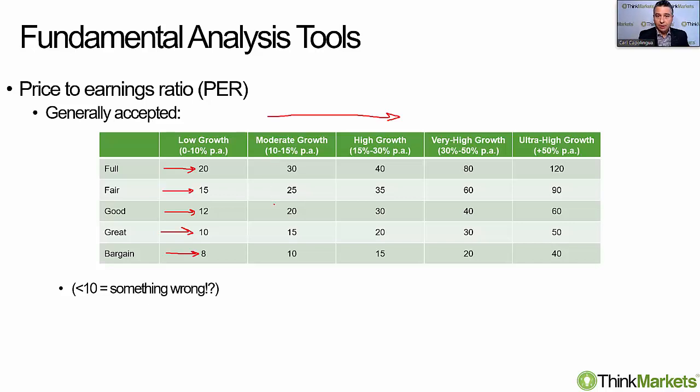And if the company you're considering has a growth rate of somewhere between 10 and 15%, then I'm starting to think 15 is actually great value. 10 is a bargain. 20's good value. 25's fairly valued, but we're starting to become fully valued over 30. And look, I'll let you press pause and consider the next couple of columns, but I will mention the final column here,